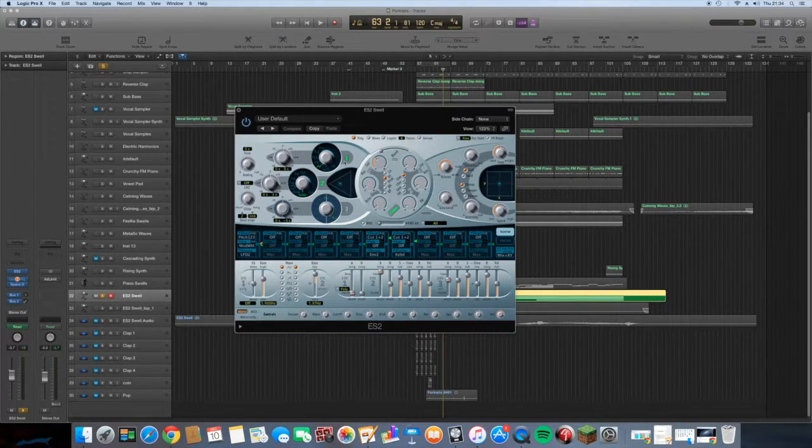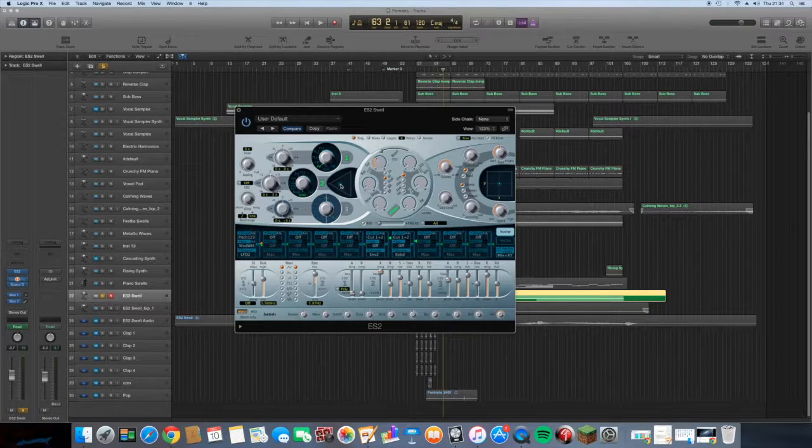But for this I'm using 2 oscillators, one once again on a sawtooth, and oscillator 2 on a sine wave, and the triangle is at